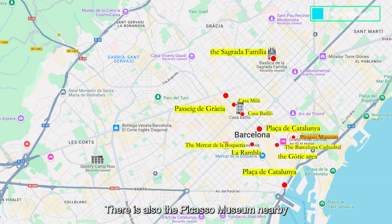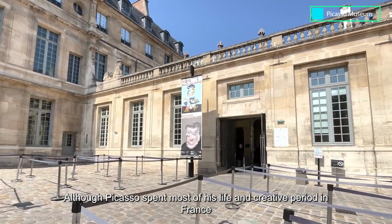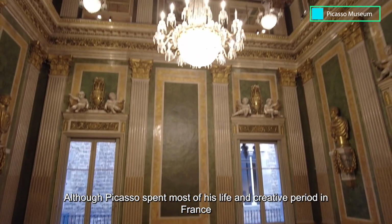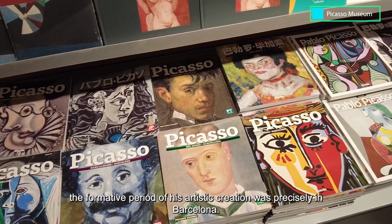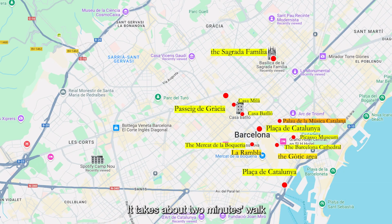There is also the Picasso Museum nearby, which houses a large number of Picasso's works. Although Picasso spent most of his life and creative period in France, the formative period of his artistic creation was precisely in Barcelona. It takes about 2 minutes walk to reach the Palau de la Música